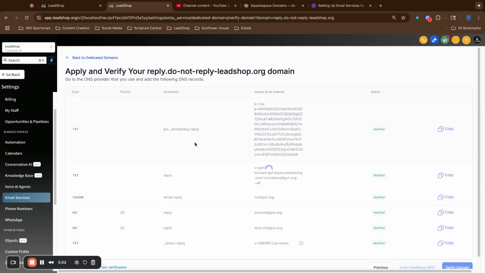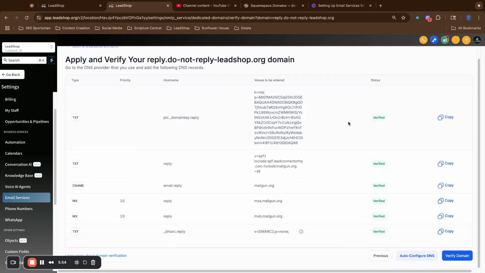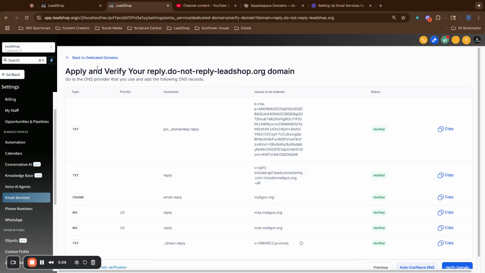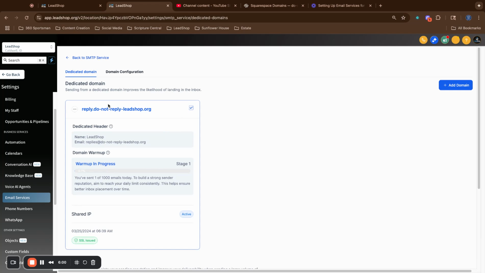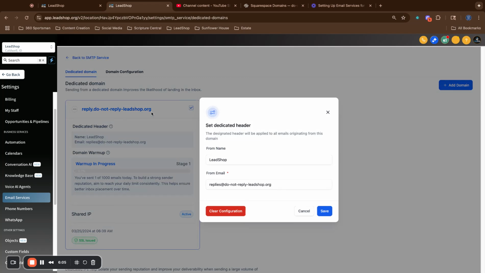We can click on verify, check to see. Now we see that the DMARC record is verified. So we're totally good to go when it comes to sending out emails. So we can edit the header. This would be Lead Shop, and then I've input the email that I want to use. So I bought this domain, say, and in this case, do not reply